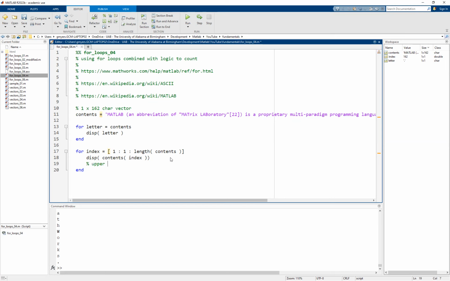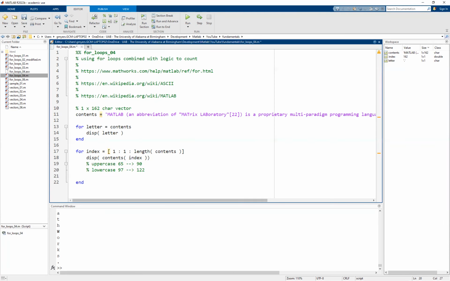So uppercase, and we'll just go ahead and call it uppercase this way. And so 65 up to 90, and then lowercase. Well, if you take another look back at the Wikipedia article, you'll recognize that lowercase letters actually come after the uppercase letters. Again, we can talk a little bit more about that later on, but they go from 97